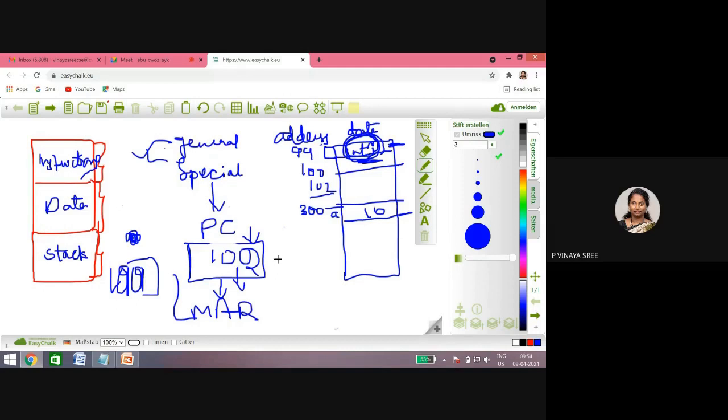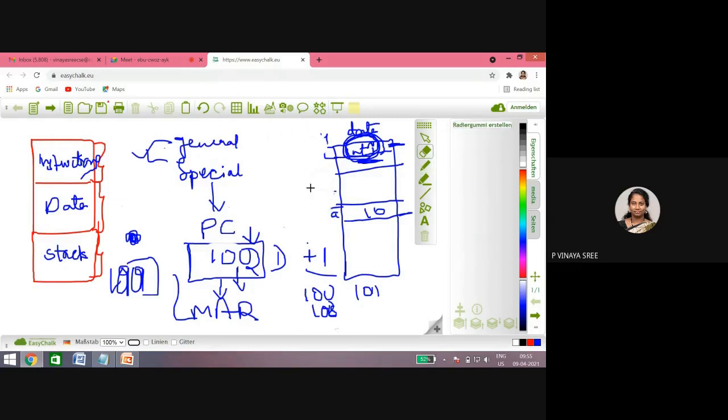The first feature of the program counter is that it will automatically increment by 1. Incrementing by 1 doesn't mean that if it is 100, it will be 101. It depends upon the data type that we used. If we are at 100, the next, plus 1, indicates it is 108. But plus 1 indicates it is executing in sequence. Let me show with an example. Try to concentrate, it is very, very important.